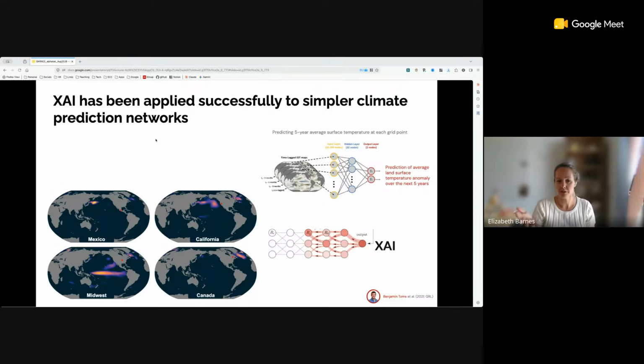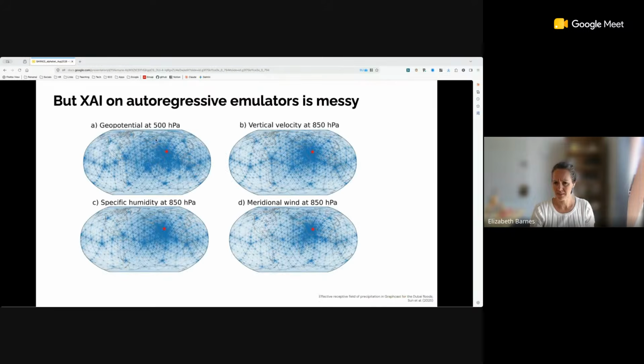And yes, you can in fact also look at the wrong predictions and try to fix it. What's really neat is we can start to see different parts of the oceans pop out for different predictions. So when we're predicting for Mexico, it's the Kuroshio extension off of Japan that really pops out as important. When you're predicting over North America, it's the El Nino region. So we really start to see interesting features that can teach us new sources of predictability of the climate system.